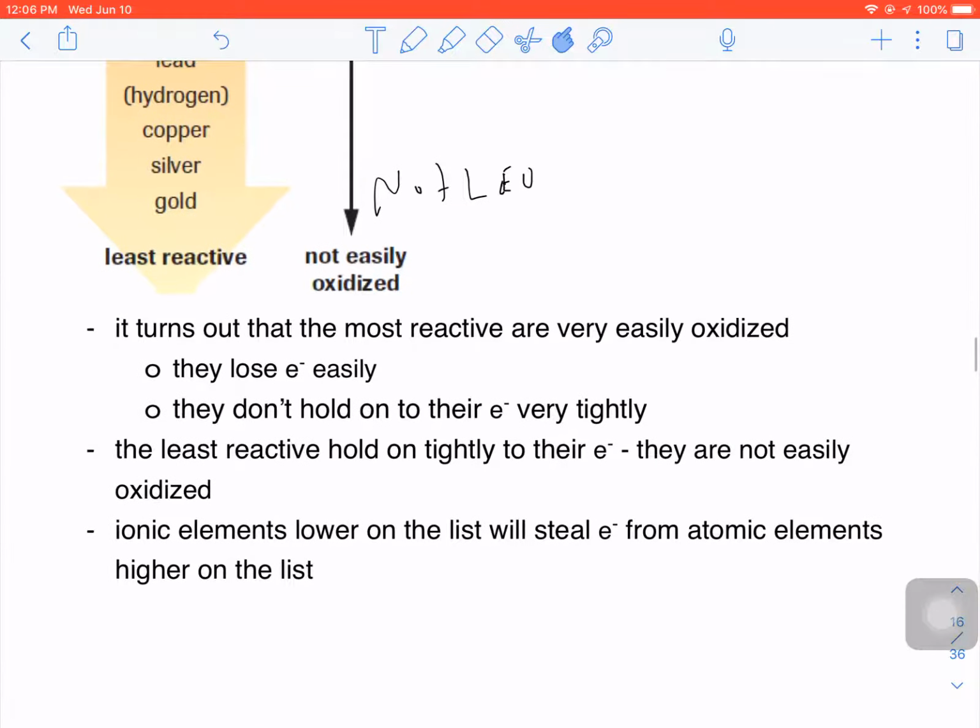If I look at the ones that are the least reactive in the series, they're the ones that do not oxidize. Right? So the most reactive are easily oxidized. The least reactive will not easily be oxidized. And the reason is the ones at the top lose electrons very, very easily. The ones at the bottom will hold onto their electrons. If anything, they will steal electrons from elements that are higher on the list. Okay, so let's look at